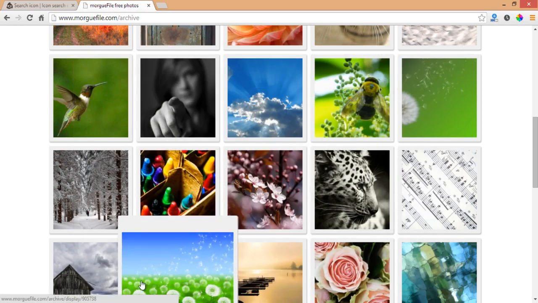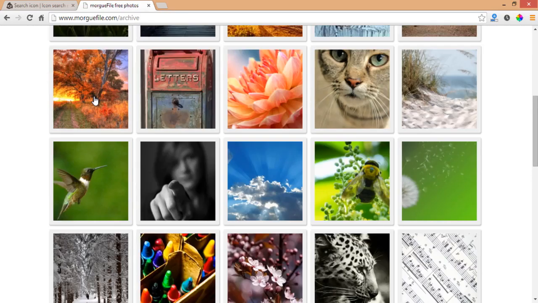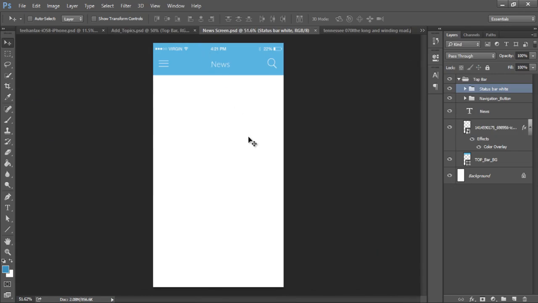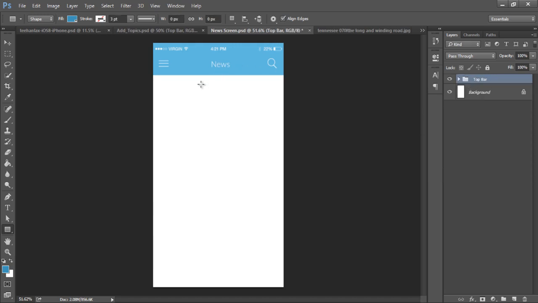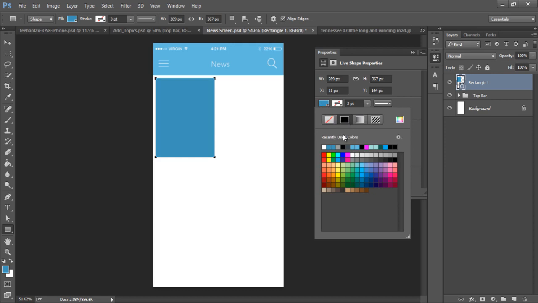So I have already downloaded a simple image like this one from morgifile.com. But the first thing we need to do is to create our boundaries, our containers of the image. So we grab our rectangle tool. Let's do this and drag it over like this. We are going to change the sizing probably furthermore, but for now, there it is. Make this black,